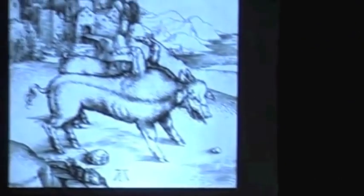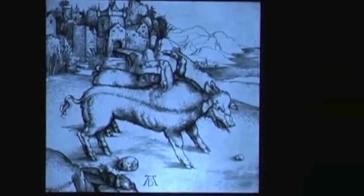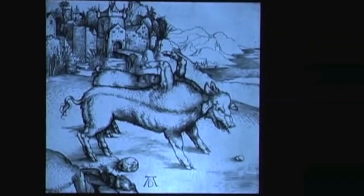Let's go back in time a ways. This is Albrecht Dürer's Monstrous Pig of Landser from 1496, and it is the earliest print in the exhibition. Okay, we're not going to go back that far, but let's go back to 1996, 500 years exactly after this